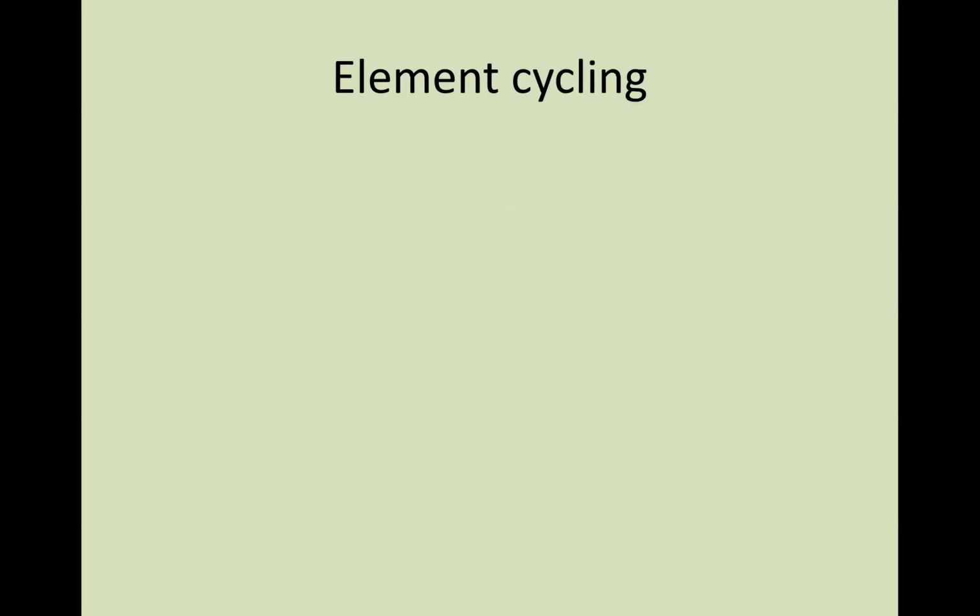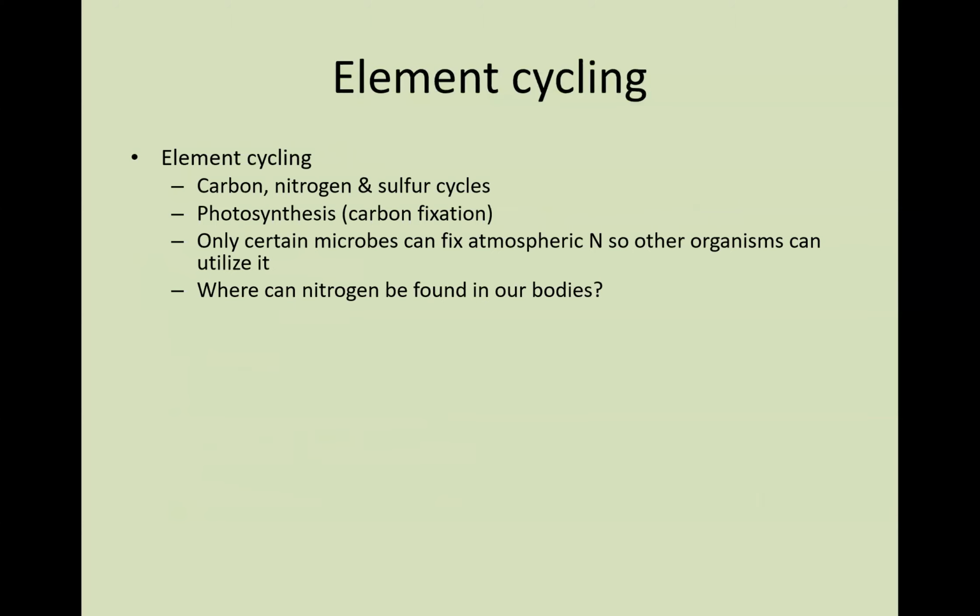All right, so we also can think about element cycling, and this is very essential for Earth itself, because microorganisms are involved in different types of cycles. We're going to discuss these cycles in a couple of chapters, but we'll make mention of the carbon cycle, the nitrogen cycle, the sulfur cycle, and even the phosphorus cycle as well. We're also going to discuss photosynthesis in a little bit more detail, of how some microorganisms utilize sunlight in order to make their food and utilize carbon. We'll discuss this in more detail in a couple of chapters coming through.